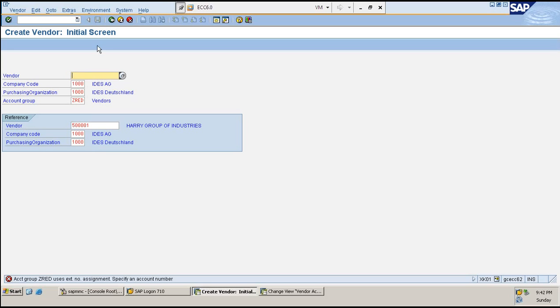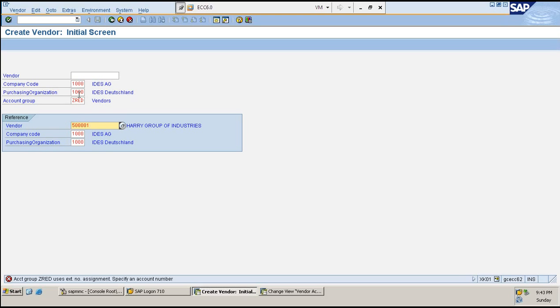Correct, right? And if you want to replicate any vendor, there's a way. Usually in the quality system, what happens is there will be an issue in the production system. We are trying to replicate it across. We'll just copy one number and replicate it across in the quality system also, but with a different number range. Generally, the same number range will be available in all three systems.